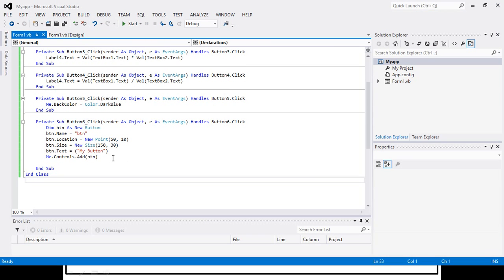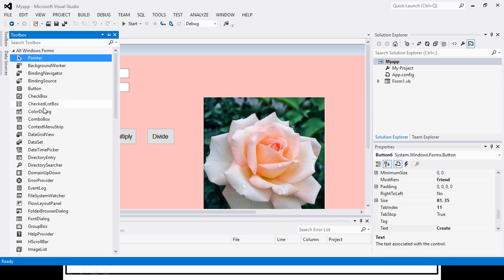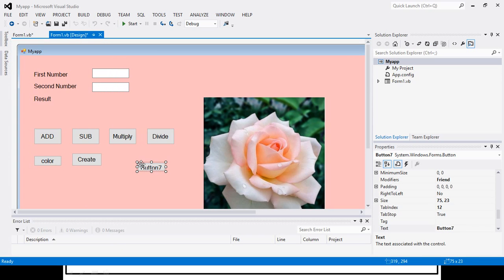Okay. Now what I want is that when I create that particular button, one message should be displayed. First we will display one button that should display the message when I click on it.